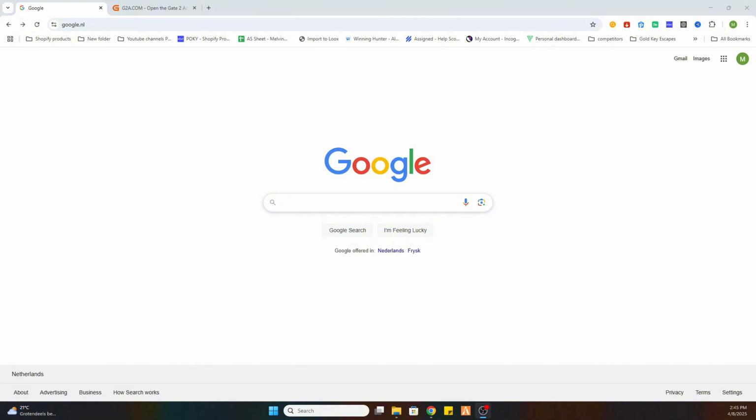Now, for the first step we will need to open Google, and once you have done that, then